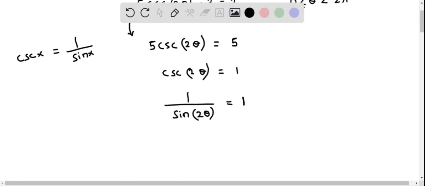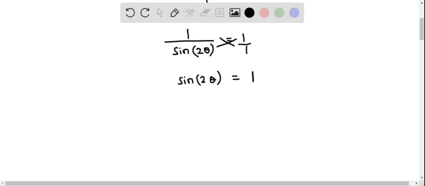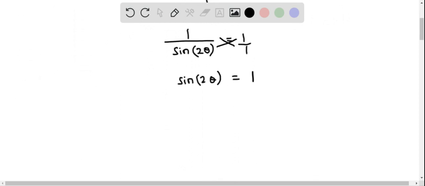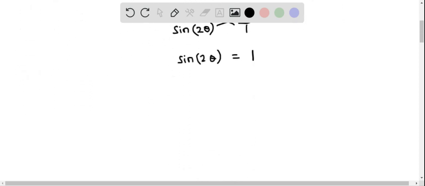Now we cross multiply. So when we do that, we get sine 2 theta times 1 is sine 2 theta, and this equals 1 times 1, which is 1. So this is the converted trigonometric equation. That is, we have rewritten this given trigonometric equation in cosecant 2 theta in the form of sine 2 theta. So this is another type of trigonometric equation, and the general solution of this trigonometric equation is 2 theta